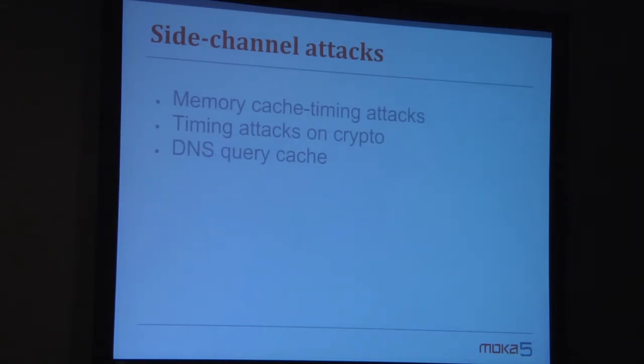So you're on the same machine as somebody, and there's a shared DNS cache there. You want to figure out if somebody else in one of those sandboxes is accessing some crazy website like crazyhorseporn.com or something, and you do a DNS query. And it comes back immediately. It came back from the cache. It's like, huh, okay, I guess somebody else on this machine is looking at that website, right? And these are the things that sandboxing doesn't really help you with.